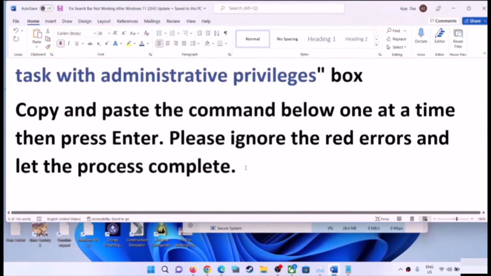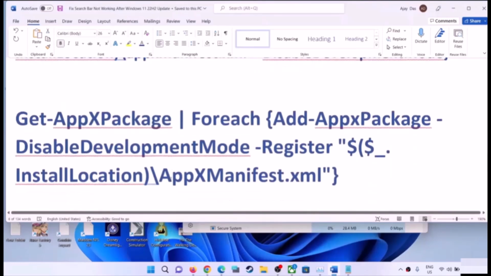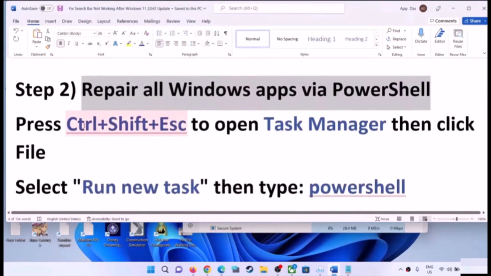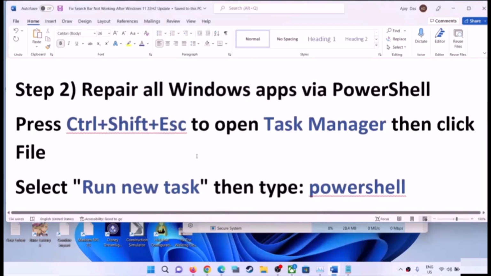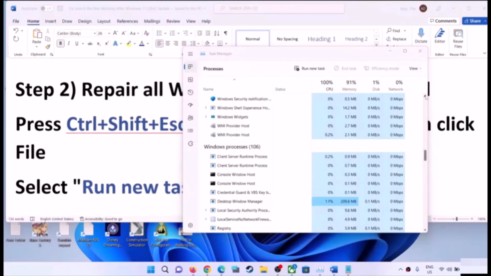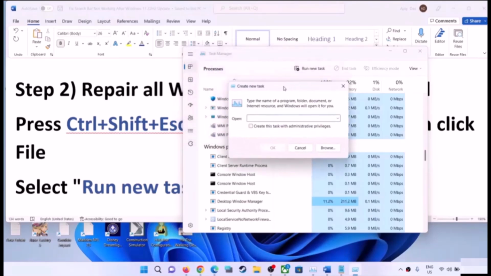So all the commands are provided in the video description. So you can copy these commands from the video description. Now first of all, press Ctrl, Shift and Escape once again on the keyboard. This will open Task Manager. Now over here you can see the option which says run a new task. Click on it and then over here type in PowerShell